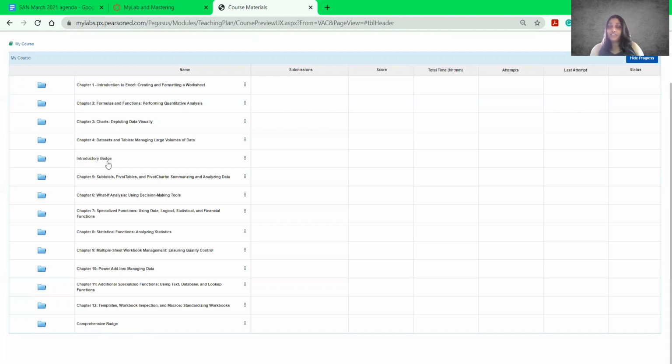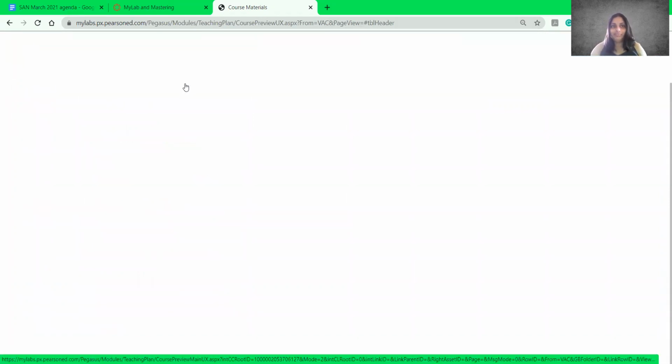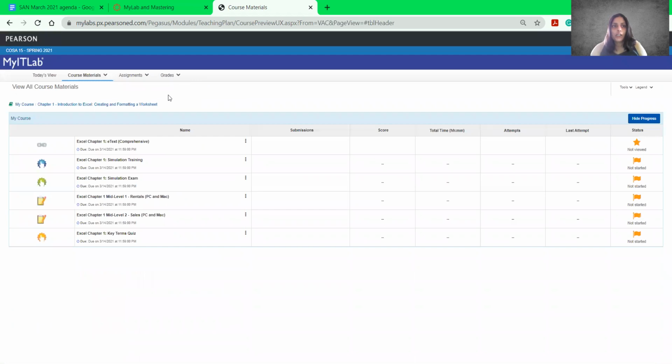But these are in addition to getting the certification for this course with Microsoft. So you could potentially leave this class with 2 Pearson badges, an introductory, a comprehensive badge, and the Microsoft Office certification for Excel. But let's talk about week 1 here. If I go ahead and click on week 1, you'll see that you'll come into week 1 and you'll have the comprehensive text option, which is a link to